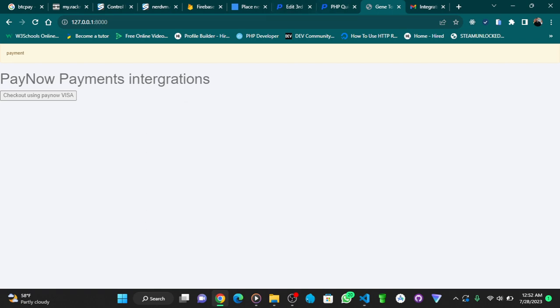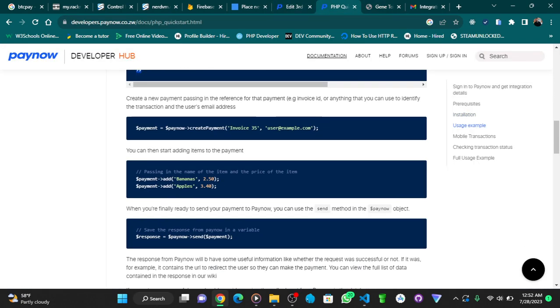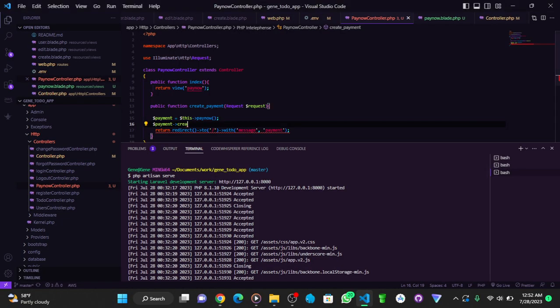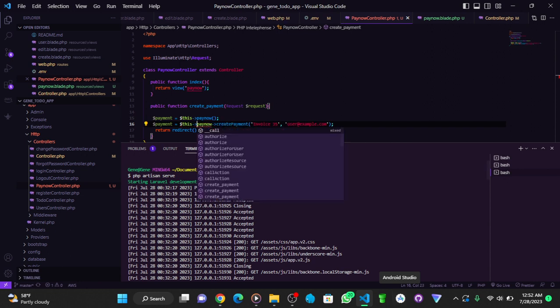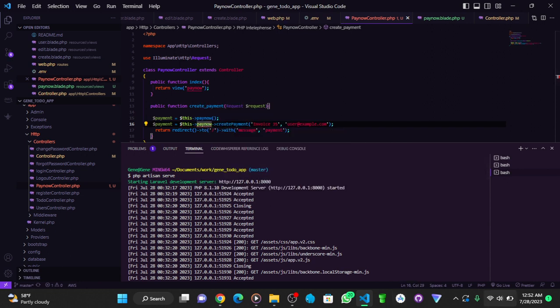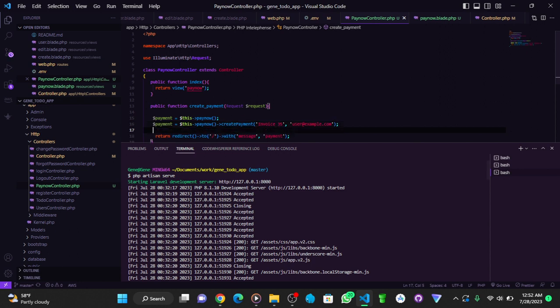Okay, we're going to jump back to our, okay, so we are going to create a payment. This is the payment. Copy this. Okay, so payment goes to this dot PAYNOW. This is a function of variable, right? PAYNOW, then create payment, then email, just leave it as an example, just like this, and then we add